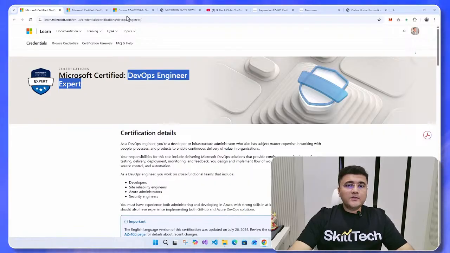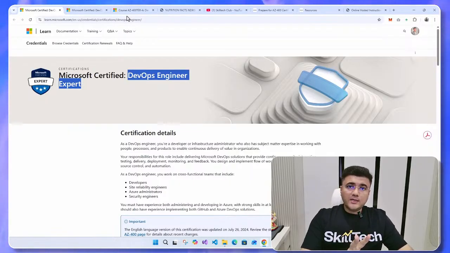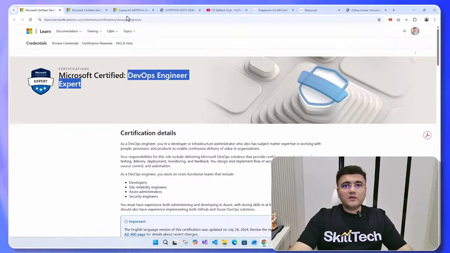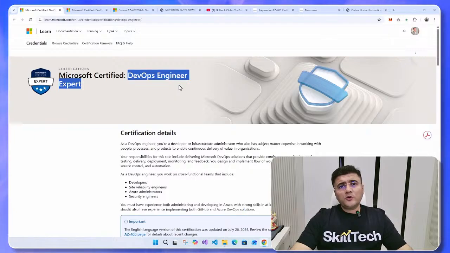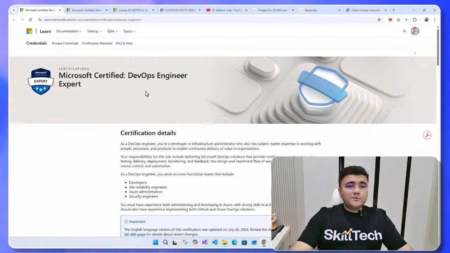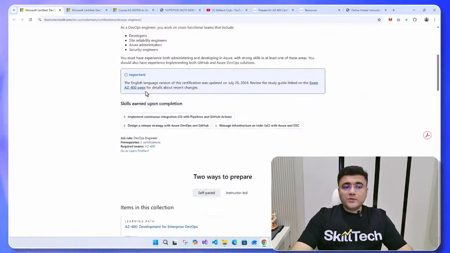So basically, the rule is simple. You can give any of these exams first, but you have to make sure that if you clear both, only then will you get the expert level 3-star badge. So basically, you have to give both, but order is not important. You can give the prerequisite first, which is what most people do. Or if you are already prepared with AZ-400 and you want to go for 400 first and then go for 104 or 204, you can do that as well. Now, let's move forward to the modules of this particular certification track.